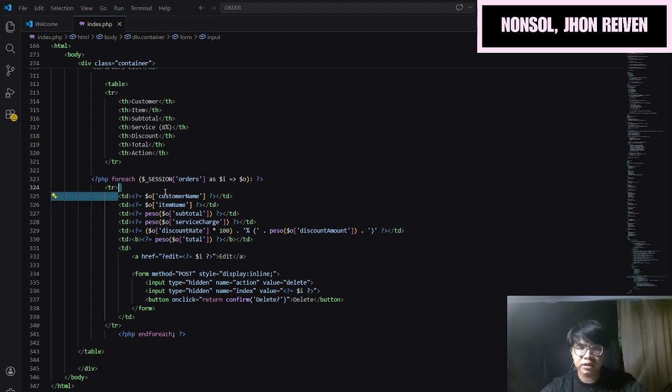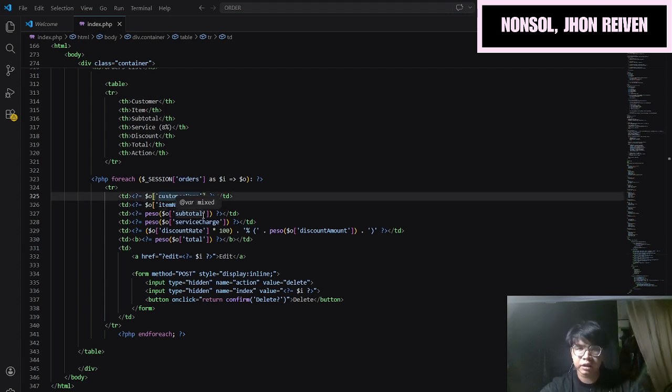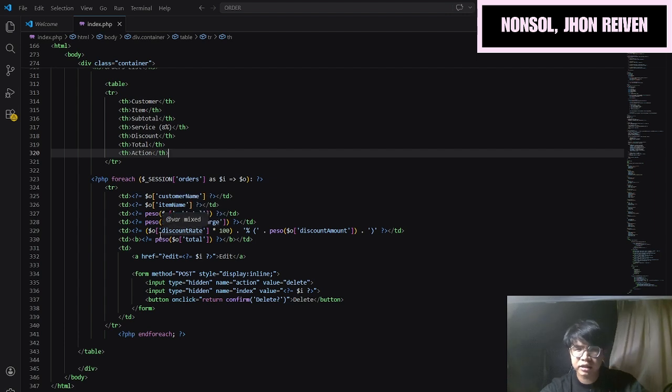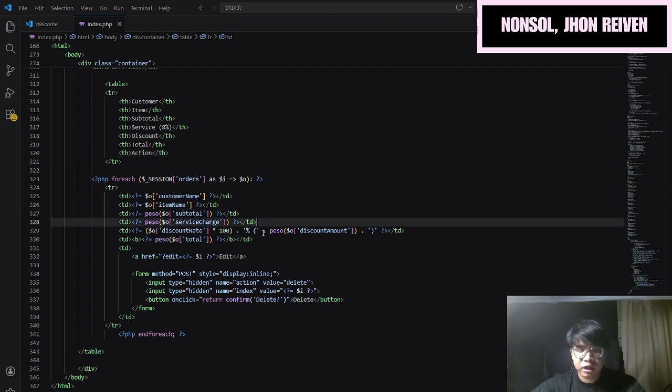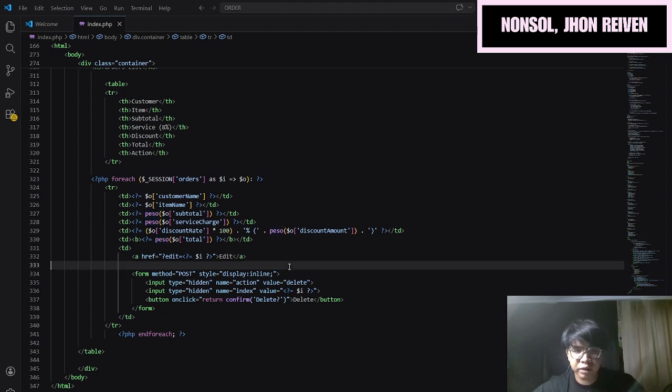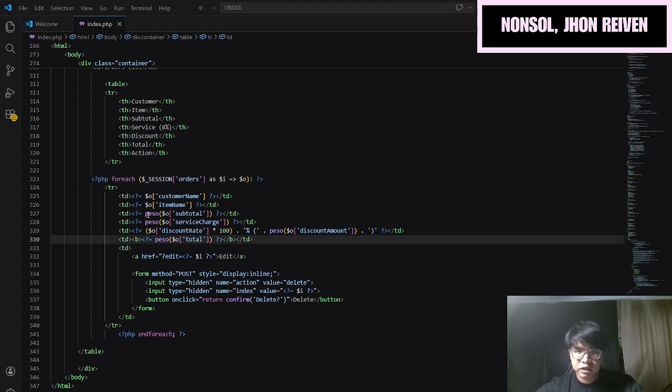In the first table data, we fetch the customer name, in the second the item name, and the subtotal, the service charge, the discount rate, and also the discounted amount and the total in peso. We use the peso formatting because we apply the real-world concept of our country, the Philippines.